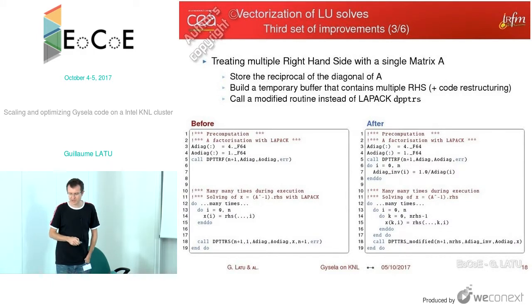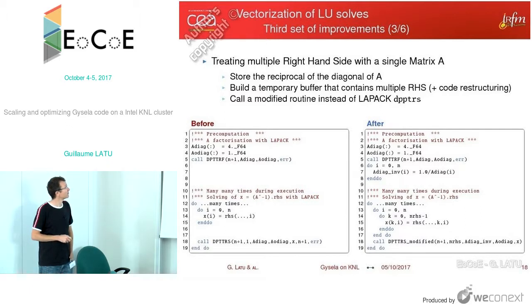Now the optimization about LU solving. Here we introduce many right-hand sides and many left-hand sides. It requires that we change a bit the way routines are called. It changes a lot of places in the code, but it's worth doing. At the beginning there is the call to dpttrf, which is a factorization of matrix A, a small tridiagonal matrix.